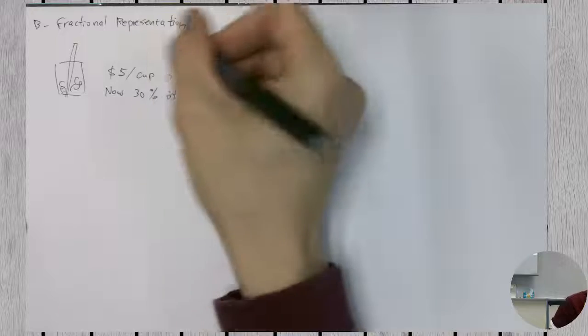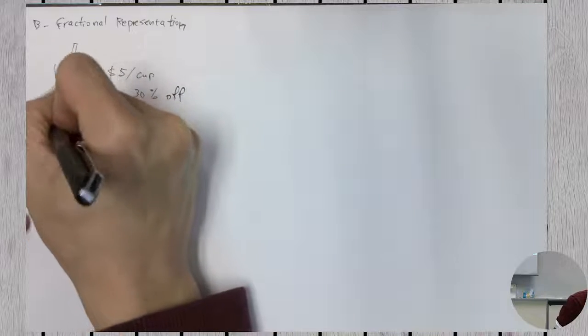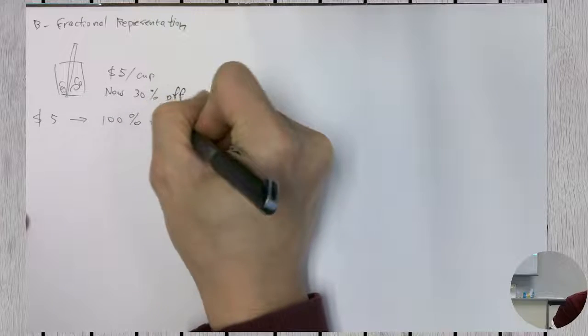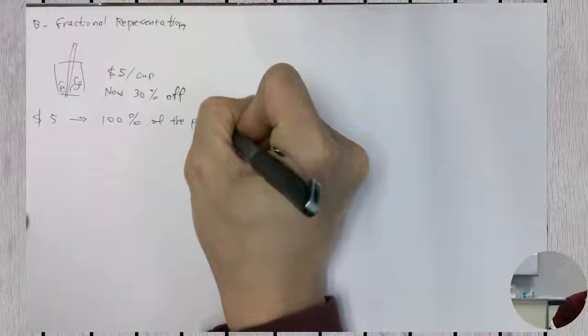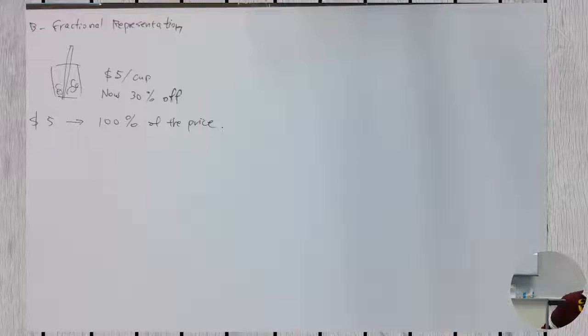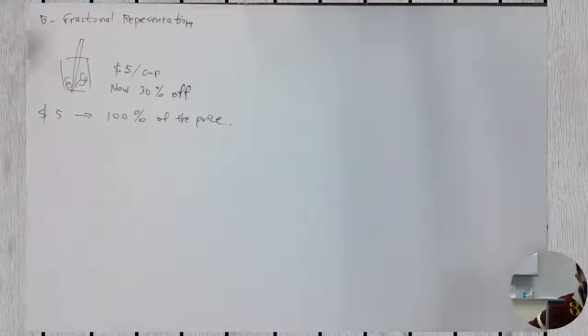So basically, if I'm paying $5, this would be 100% of the price, correct? Yes? That's the original price. Sure, you have to pay for tax. However, let's assume that we don't pay tax, okay? Back then, you don't pay tax. I think it's before